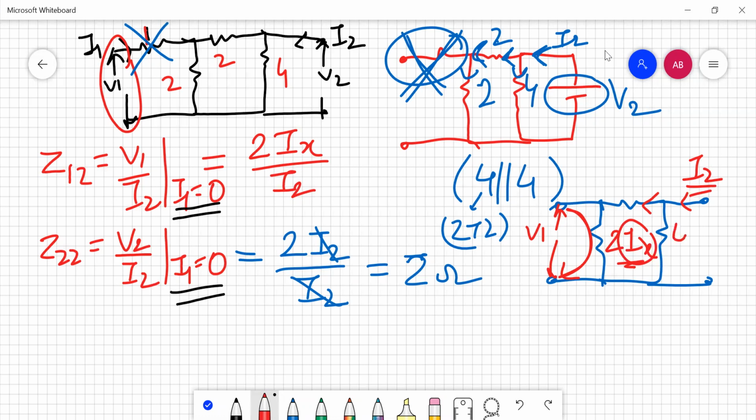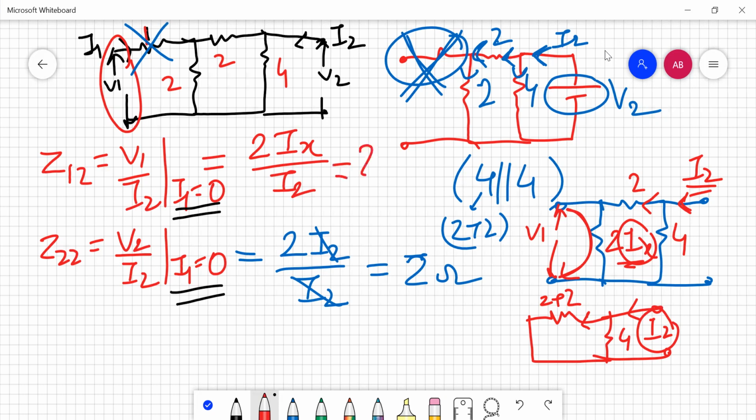So here just see that this is 4, this is 2 and this is 2. So our I2, I can draw it just like this. This is the combination of 2 plus 2 here, and this is our 4. So when total I2 is coming and both equal resistances of 4 ohm each are there in parallel, this I2 current is going to get divided into half. It will go half in 4 and half in the 2 plus 2 combination of 4. So that makes it 2 multiplied by I2 by 2 divided by I2.